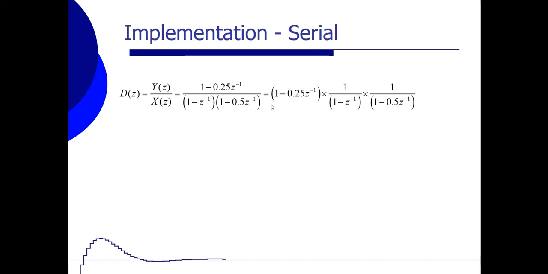First of all, let's start with this part of the equation, so with the first block. And it says that y, the output of that block, equals the input minus 0.25 times the input one sample delayed, which is, of course, because we have that z to the power minus 1 over here. So then we get this kind of